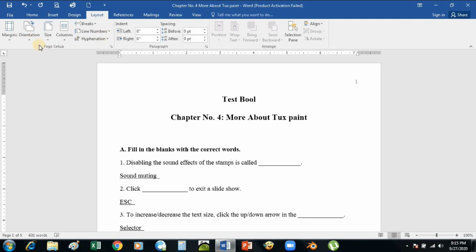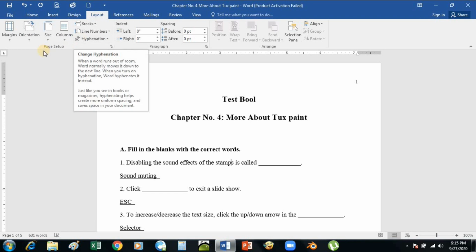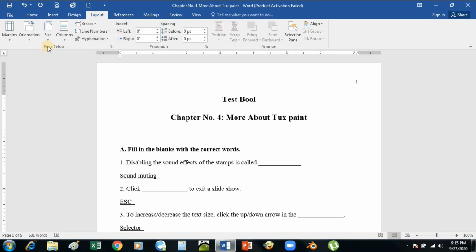This is called a group of options which can be applied on the page. Page setup can be changed from here. Then there are paragraph options and arrange items. Our work is here in the page setup group of commands.